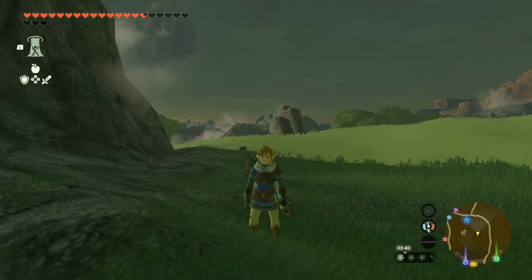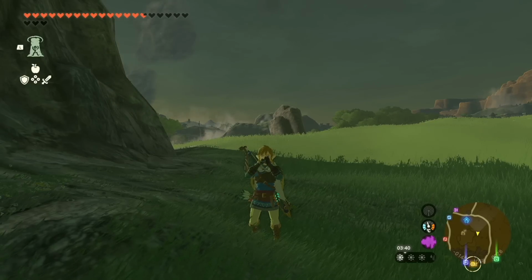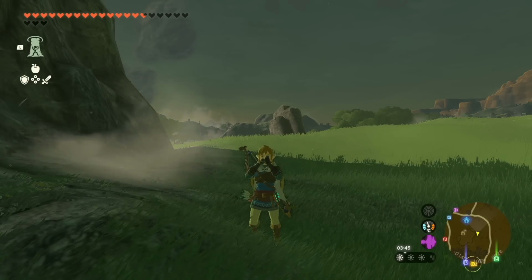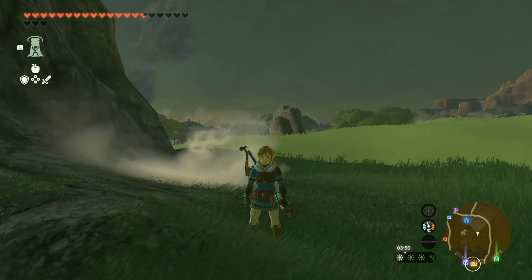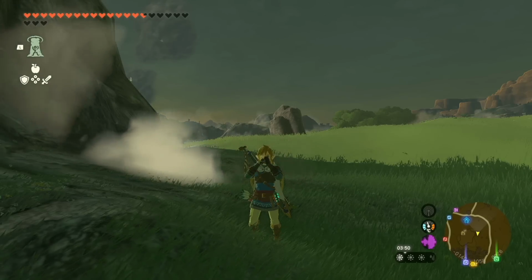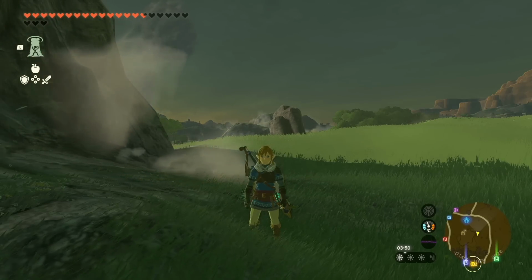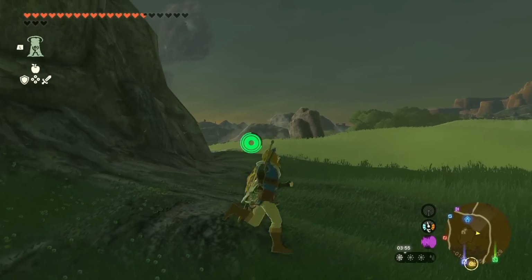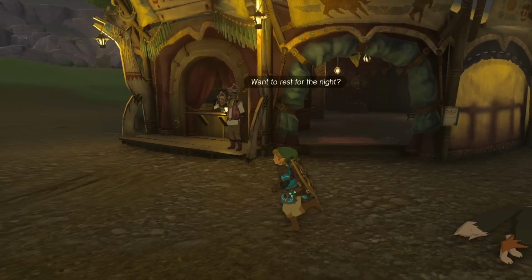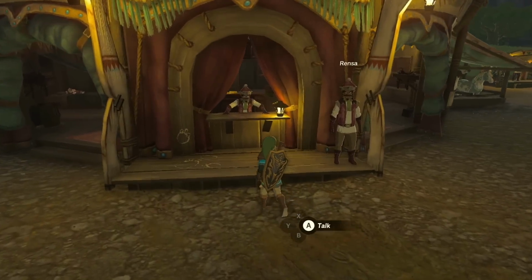11. When whistling for your horse, it now doesn't have a HUD element that says, oh, it couldn't hear you call, if it couldn't hear you call. I actually really like this change because of course you know your horse can't hear you if you're on the other side of the map, and then you can actually whistle without being afraid of that HUD element springing in your face. 12. Characters are now much more aware of their surroundings, because when you talk to them, for example